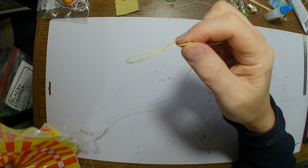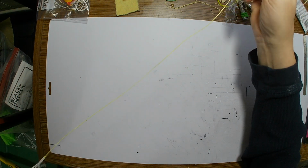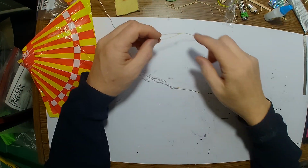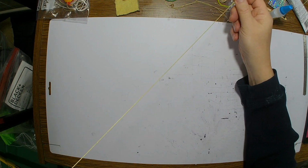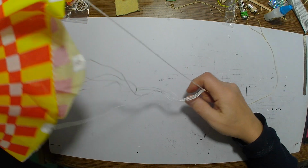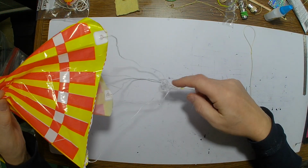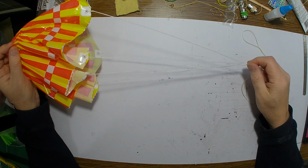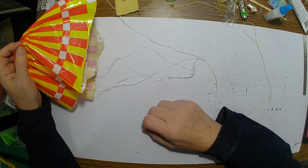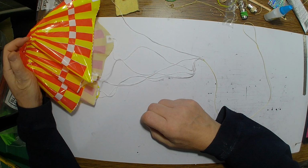Also notice that this loop is going to be attached to our Kevlar blanket eventually. And we've got a nice distance here. This piece of Kevlar was initially 2 feet long. And it keeps the parachute away from the rocket body. And that's what you want to have, because if this is too close to the nose cone, it's going to jump up and down, and that's going to thread itself through your lines. And you're going to get your parachute back, and the nose cone is going to have weaved itself into these lines so tightly that it's going to be a mess to undo,